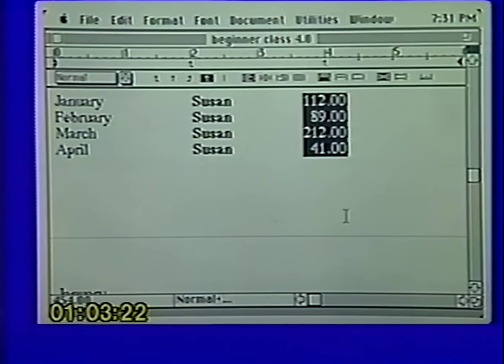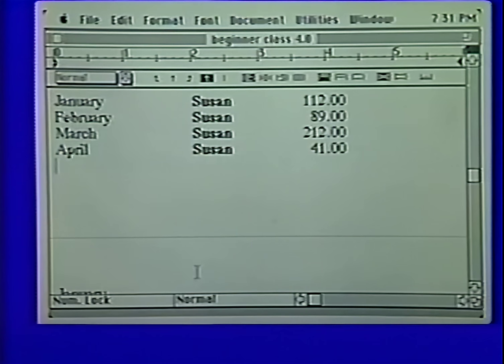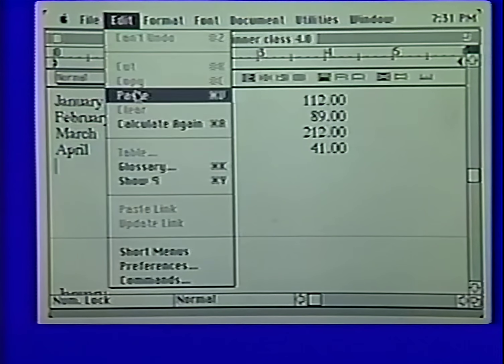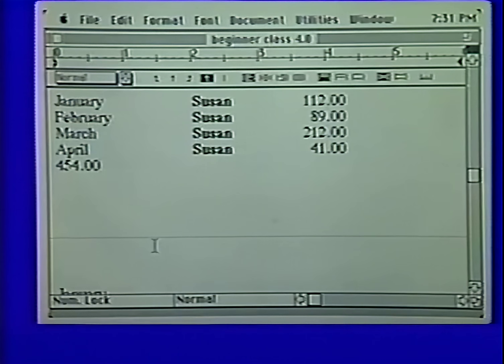Now when you do that, it'll look like nothing happened, but if you'll look way down in the lower part of your screen, you will see $454 appeared in this little box. That just happens to be the total of that column. Now, if you just want to know what it is, you can stop right at that point. If you would like to print that total, now all you do is select where you'd like it to show up, go up under Edit, and go to Paste, and there's your total. Now most of you probably figured out just now that since I went up to paste, that number was residing in the clipboard.